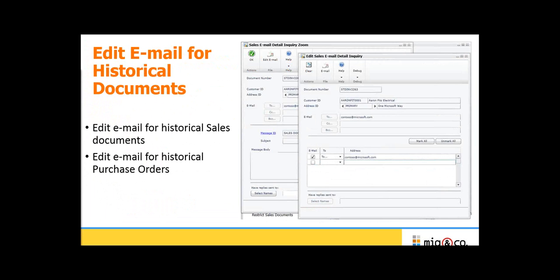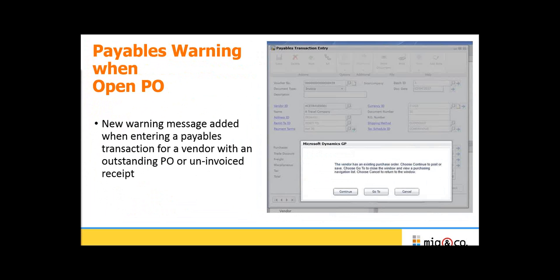On the previous screen, we saw that we had that capability for remittances. So a number of the historical documents that often get requested later by customers or vendors are available for this. So if we go to the next screen,